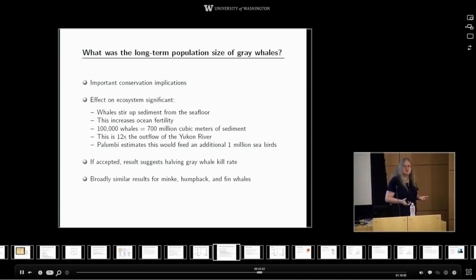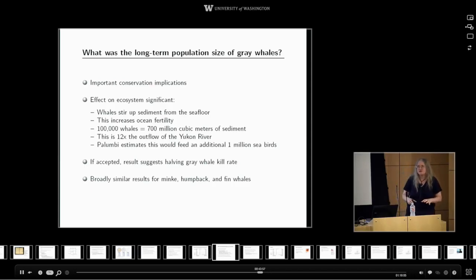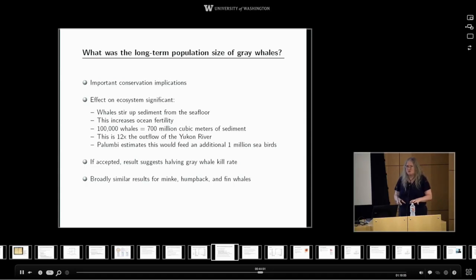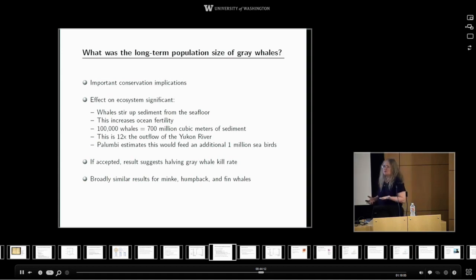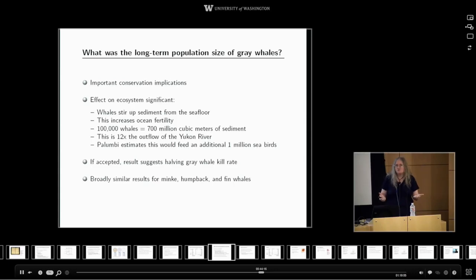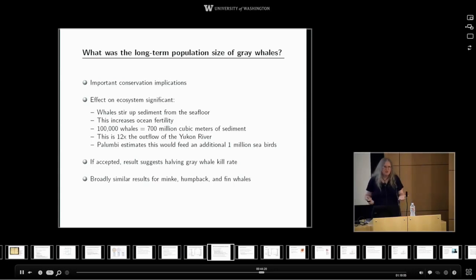His practical conclusion from this, I'm a population geneticist, not a conservation biologist, so I can't contribute to that part of the discussion. But he suggests that we're killing about twice as many gray whales a year as we can afford to, that we should back off at least that far. I personally would love to back off all the way if possible, and see if we can get the population to recover to the actual historical level with the concomitant, probably, improvement in the northern Pacific ecosystem.